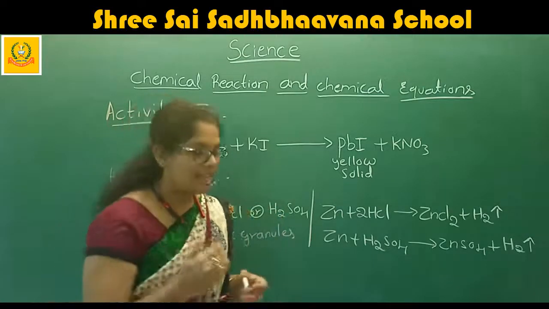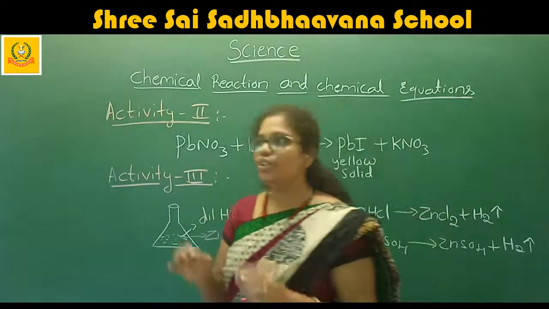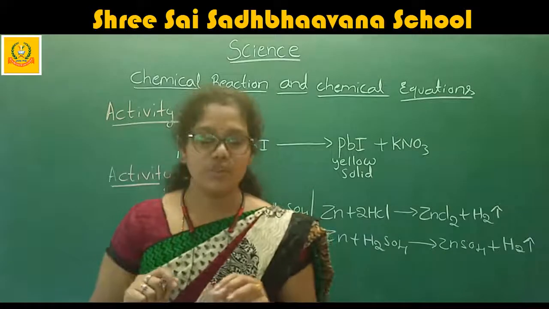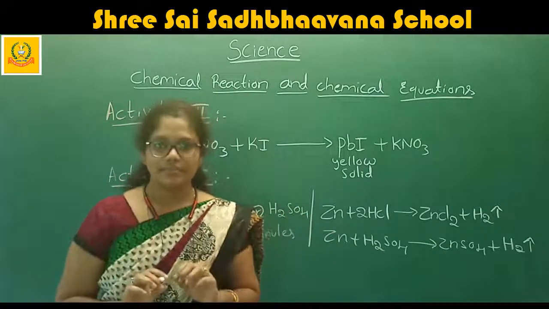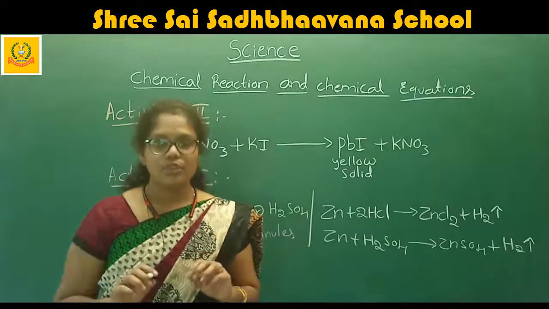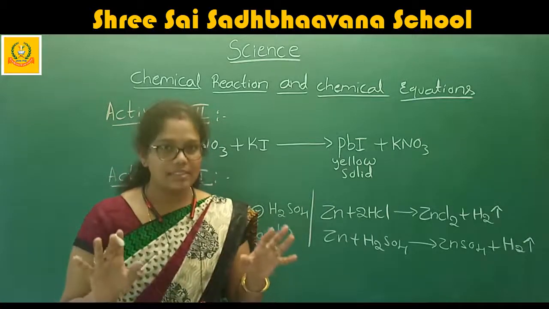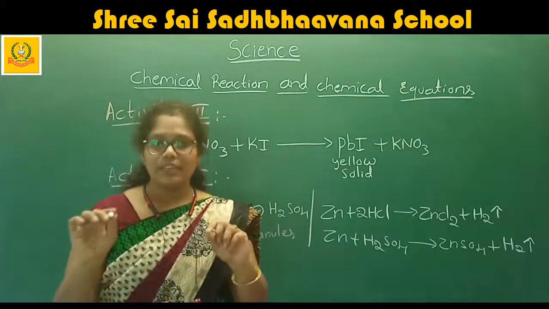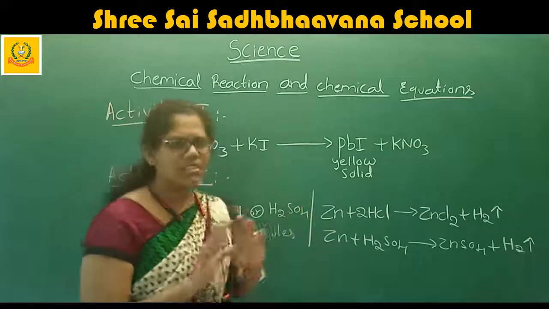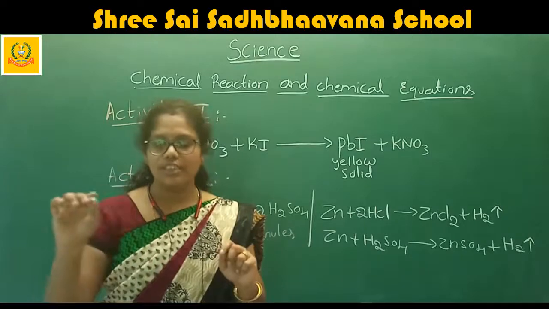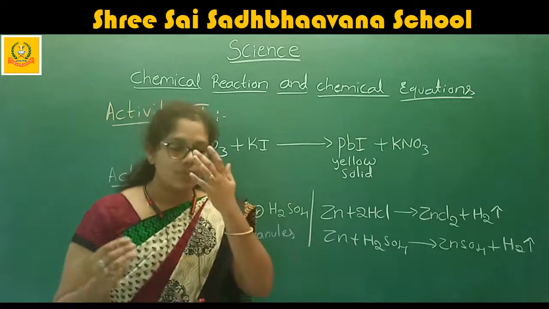After balancing all the elements present in the chemical reaction, now you are going to see whether every element is balanced. In the last step, you check that every element has been balanced or not. If it is balanced, you write that the chemical equation is balanced. In the last, this much is enough. This is enough when you are writing that the chemical reaction is balanced, for your final examination.